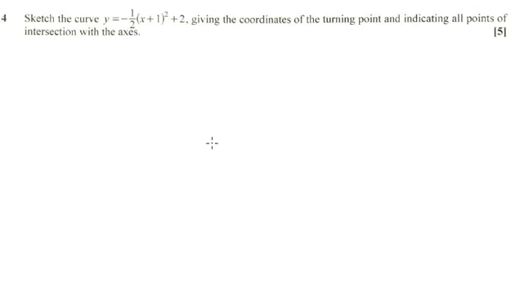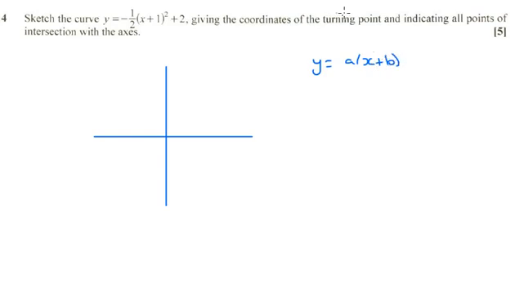Question 4 has asked us to sketch a graph, and it's given us a quadratic in completed square form. So how do we cope with drawing quadratics like this? Well, we should know that if you've got a quadratic in completed square form, the vertex, which is the turning point, is given by the negative of this number and this number. The a doesn't get involved in the value of the turning point, so we can straight away